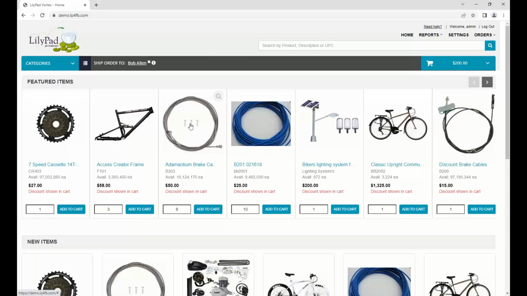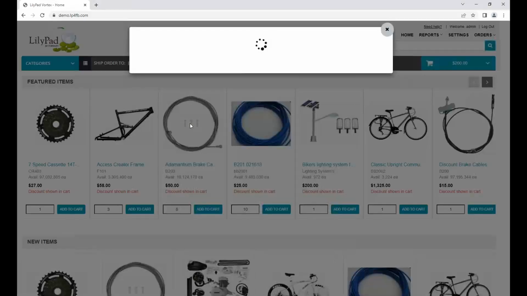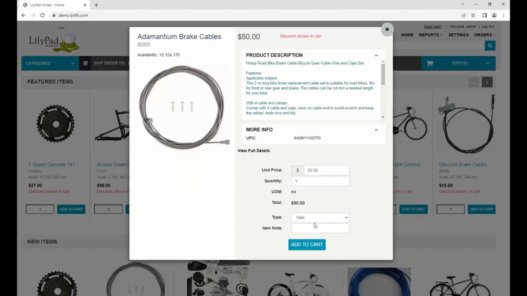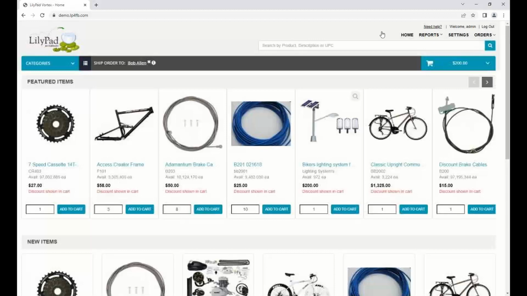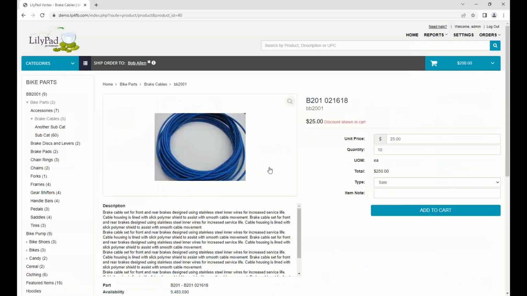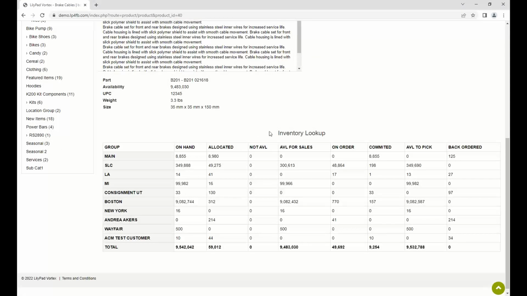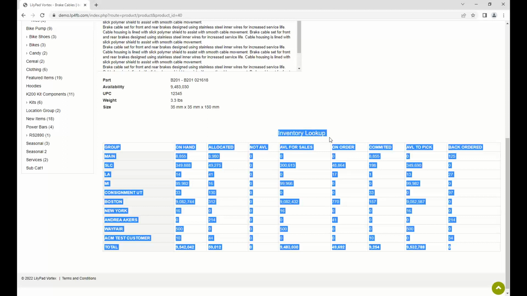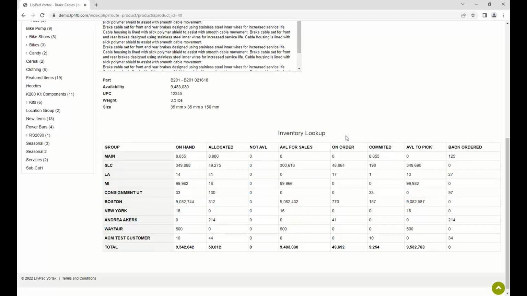You can also click on the image of a product and add the product here as well. It'll also show you the description and everything like that. If you want to view the full details, you can go there as well, or you can click on the hyperlink for the different products here, and this will open up an inventory lookup for admin users